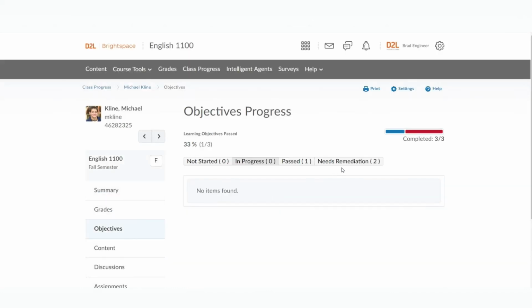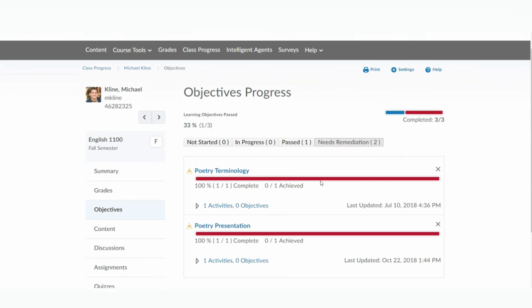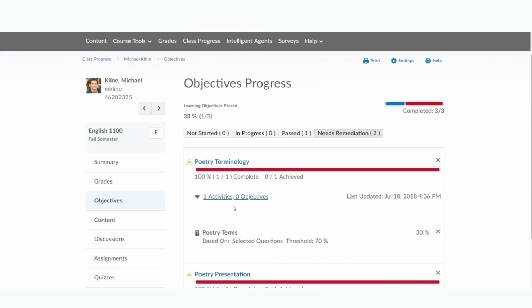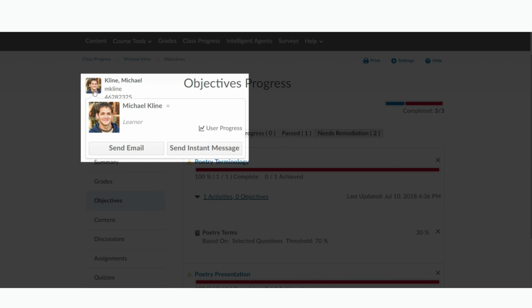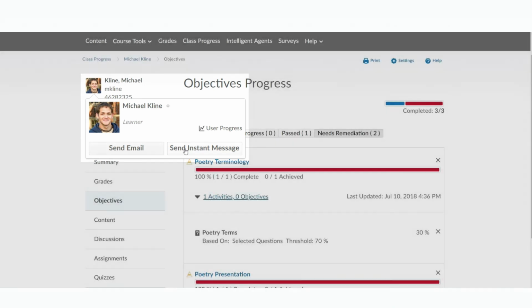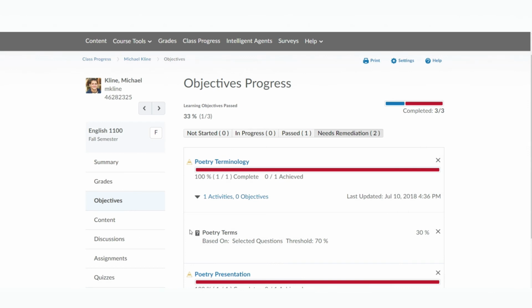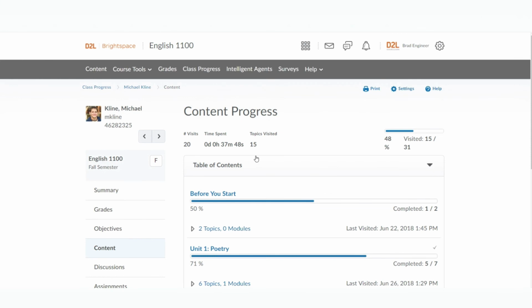So I can very simply jump into our learning objectives, and I can see that Michael here has struggled with 2 of the learning objectives. The threshold to achieve this learning objective was 70, and Michael scored a 30%. Simply by hovering over his thumbnail I have the ability to send him an email or an instant message right within the platform. In addition to having this great information, within our content area, faculty can also see how much